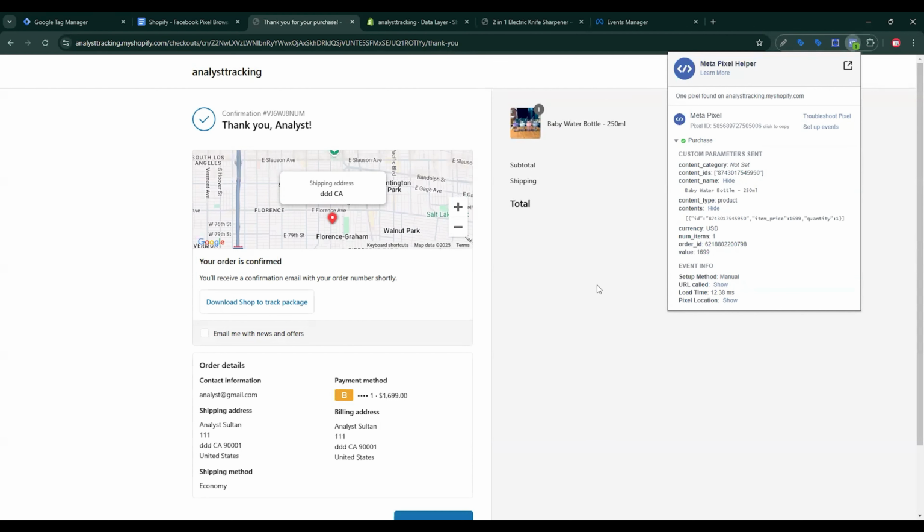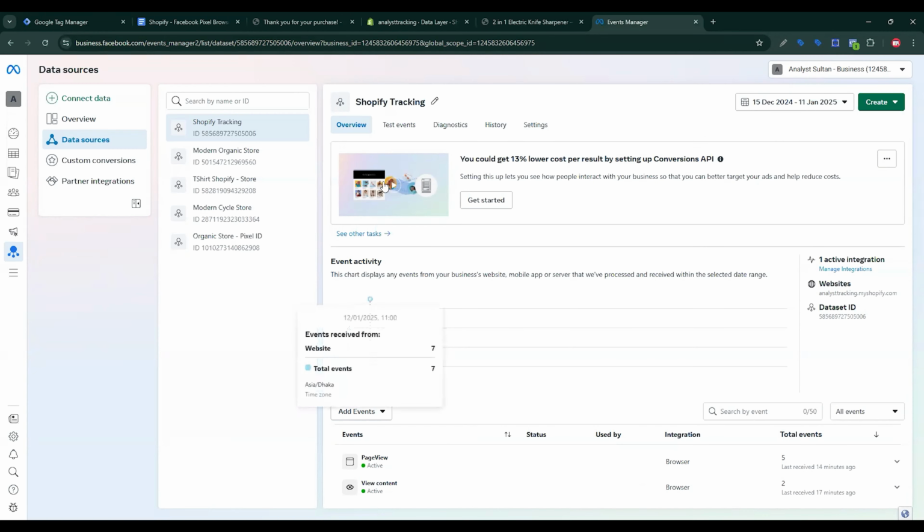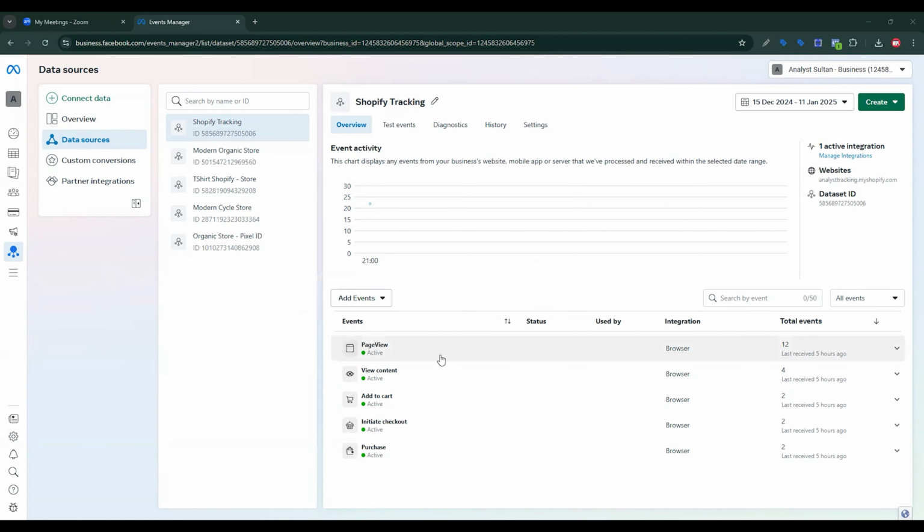I need to check it on Facebook Event Manager. On Facebook Event Manager, all of this information is sent in up to 30 minutes, so I need to wait for it. If I check on Facebook Event Manager, we will